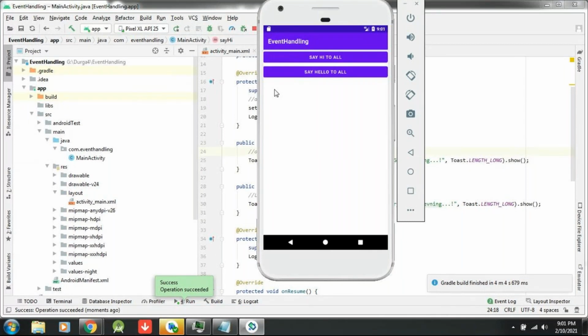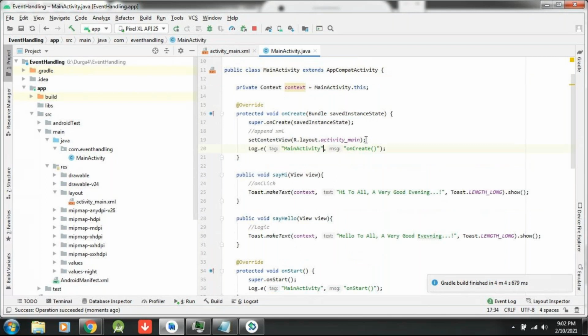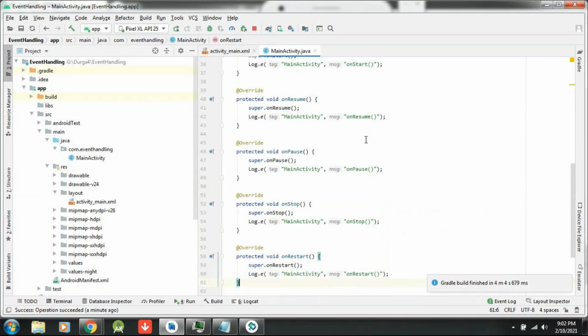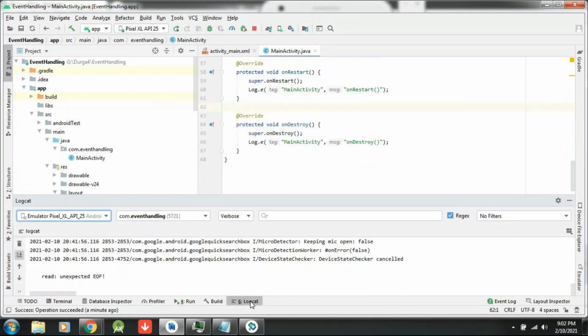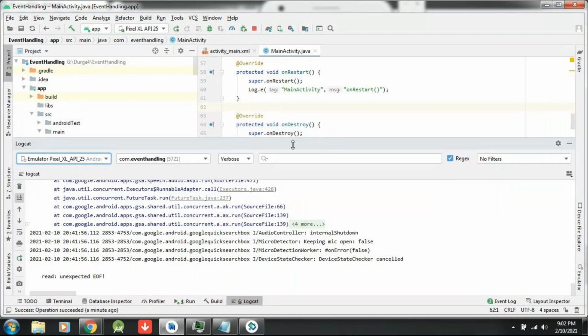So it was just started. Inside this, I have written the activity lifecycle methods: onCreate method, onStart, onResume. Everyone has logs, right? So let me check the logs. Where can I check the logs? Logcat window. Open the Logcat window. So many things are displaying here. See, every time I have written Log.e, that is error.